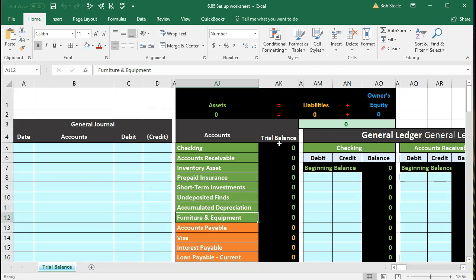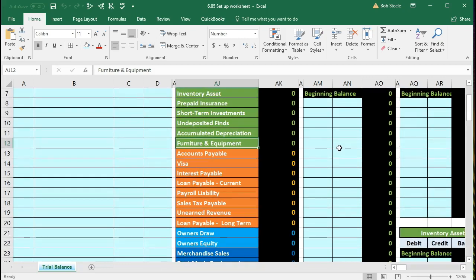So what we're going to do is put all the accounts in place, or at least most of them, and then go through and record these transactions. Then every company pretty much has an accounts payable. We might have a credit card, like a Visa account. We're going to have interest payable, which we're going to use later, loan payable, we're going to take out a